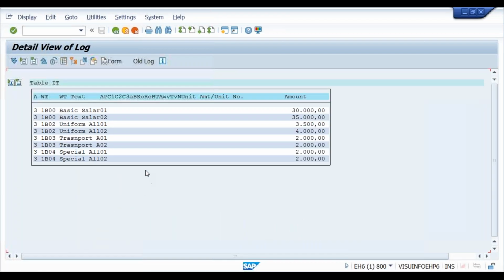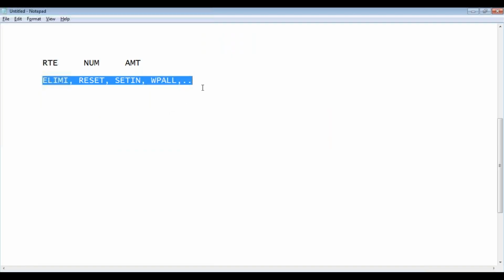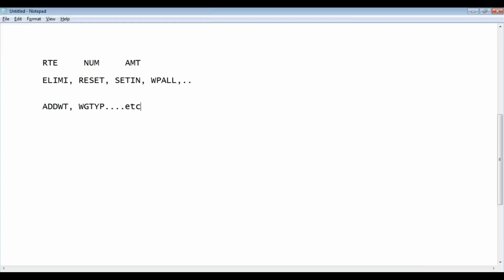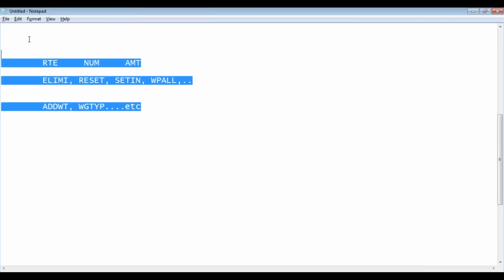We have every operation. We have an operation to change anything in this table. Even if I want to change the waste type code, even if I want to change the code of this waste type, I can change it using operations. If I want to replace the waste type, I can change it using operations, REWT, and waste type, etc. So any field in this table, ID table, can be changed by these operations, but you need to use them in the right way in appropriate requirements.